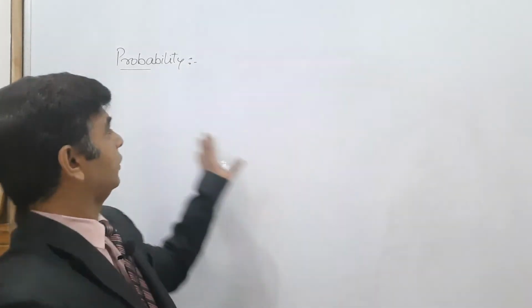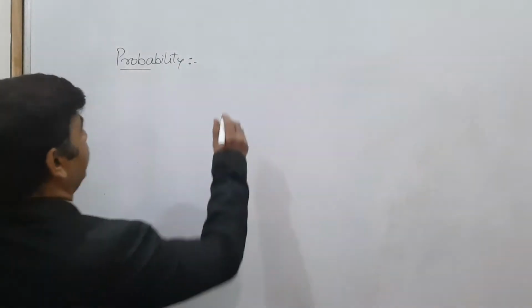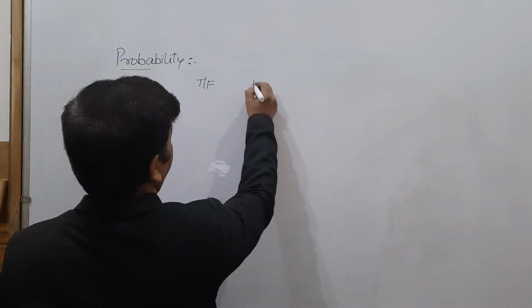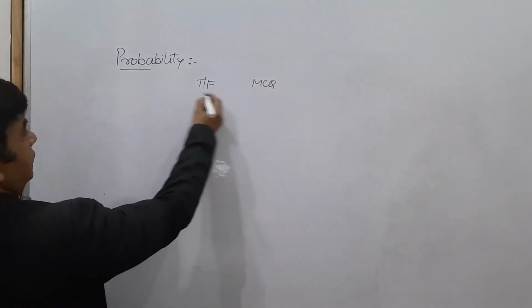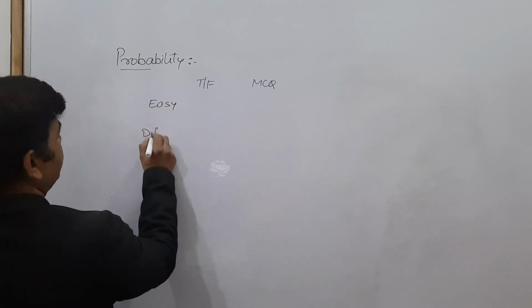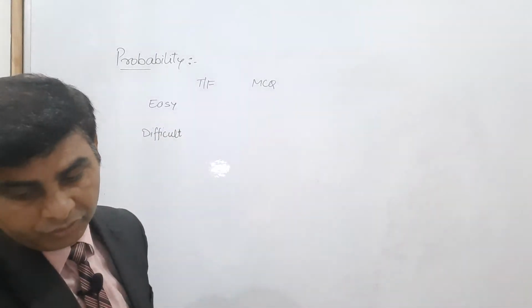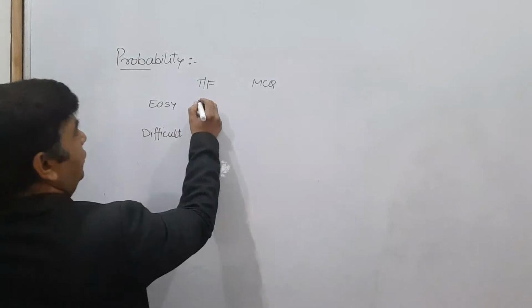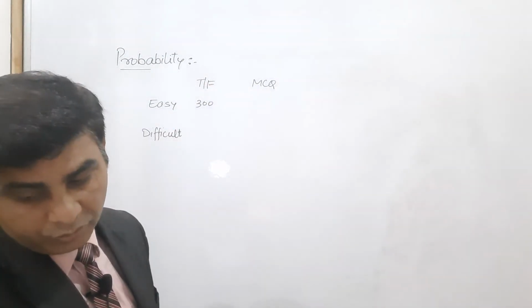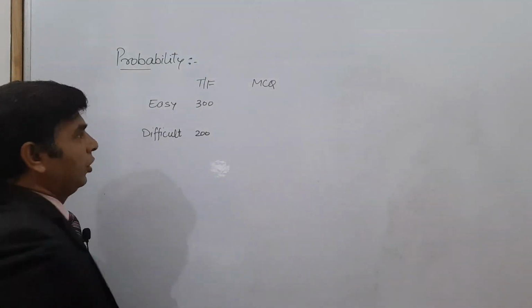सबसे पहले let me illustrate this question through a table। जैसे हमारे पास we have true false questions are there and MCQs are there। इन true false के अंदर easy questions भी हैं और difficult questions भी हैं। So first case states that 300 easy true false questions are there। 300 questions are there which are true false as well as easy, and 200 difficult true false, 200 difficult भी है हमारे पास।